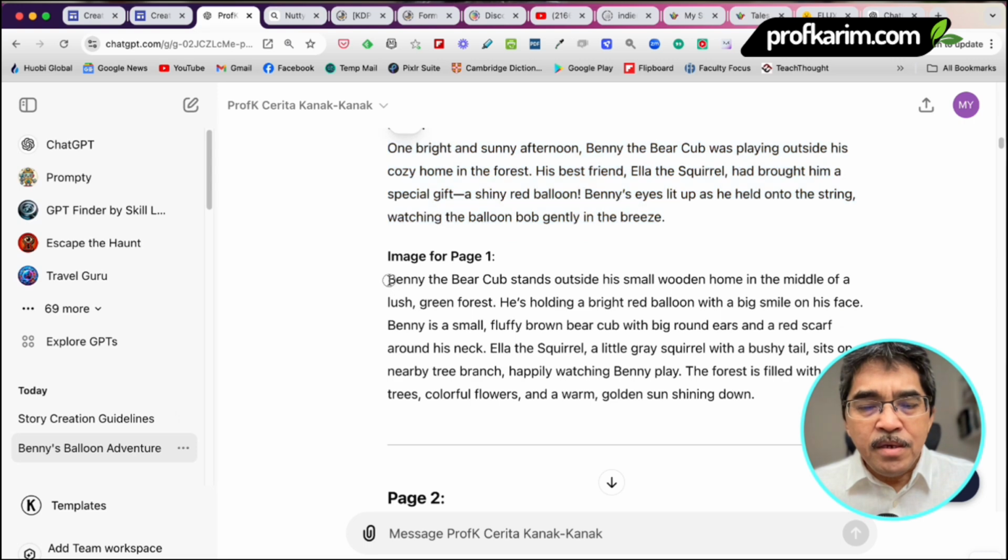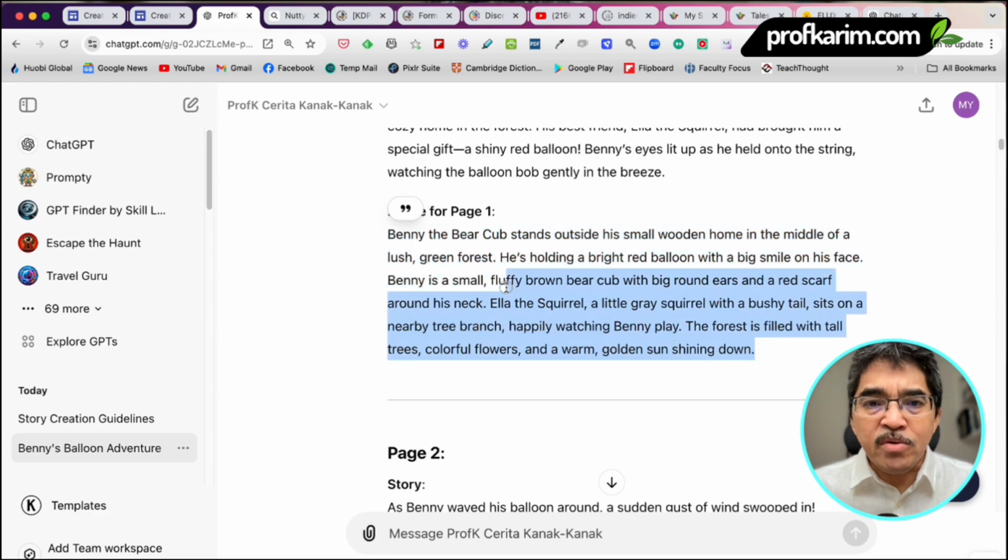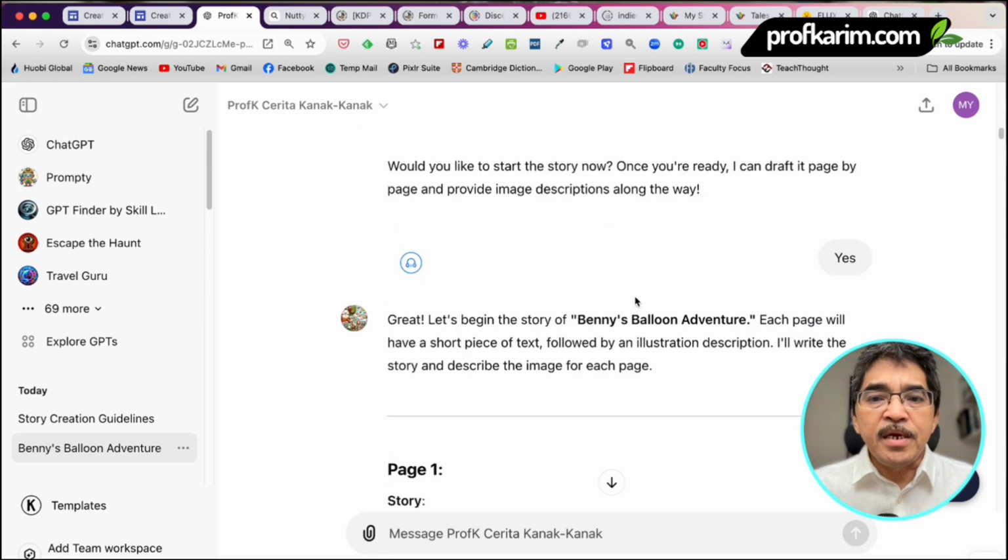And this GPT also gives you the prompt that you can use to generate the image, whether you want to generate the image inside ChatGPT using DALL-E, or you can bring this prompt to other AI image generators such as Leonardo, Ideogram, Midjourney, or others. So the prompt is already given, and